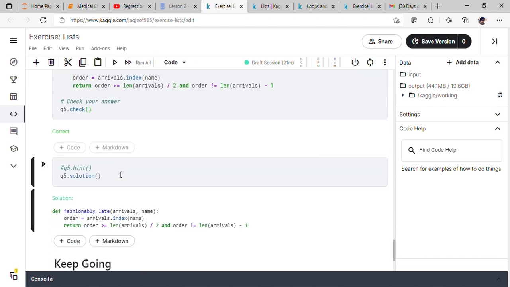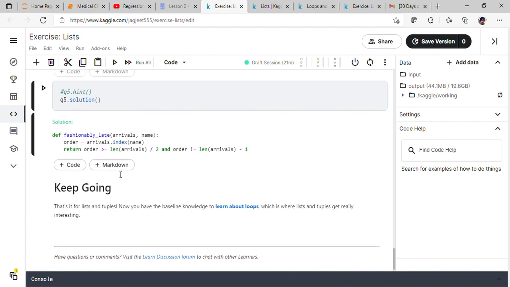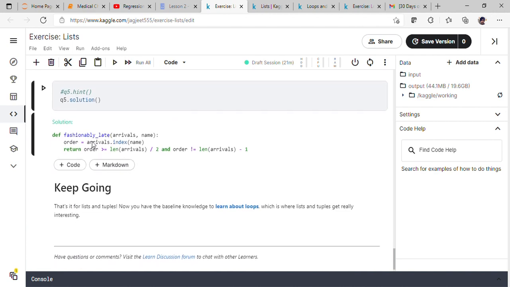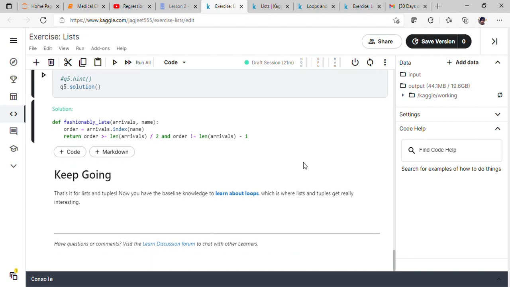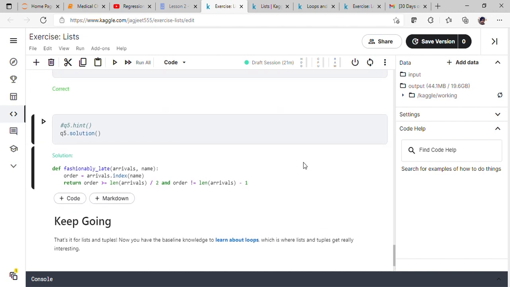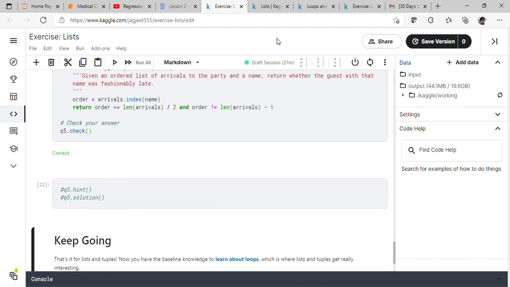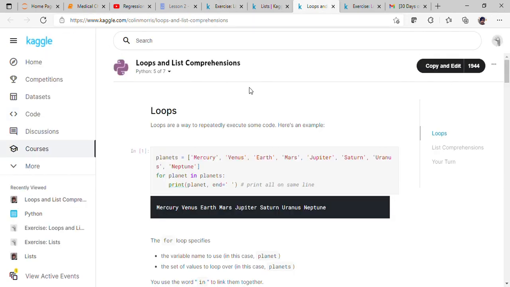We run the code, the code is executed. Okay, and the solution is also here, if you can see this. So we are done with the list, but we have two exercises. Second one is loops and list